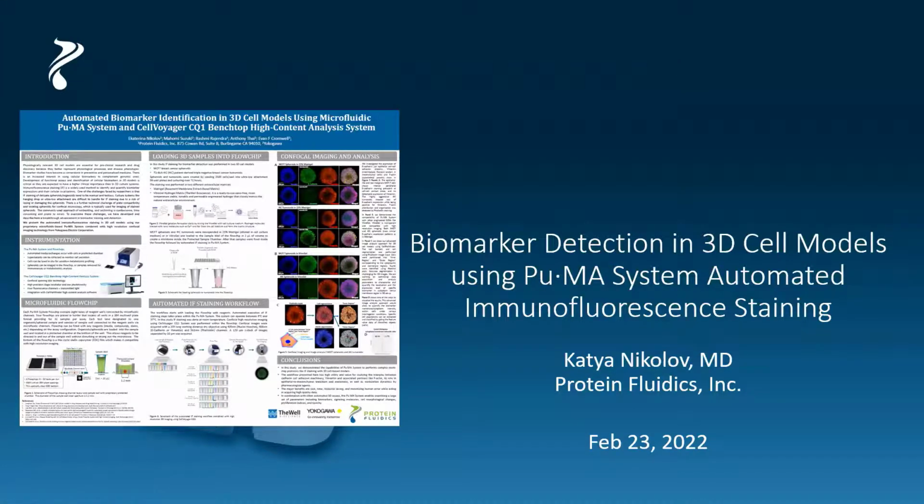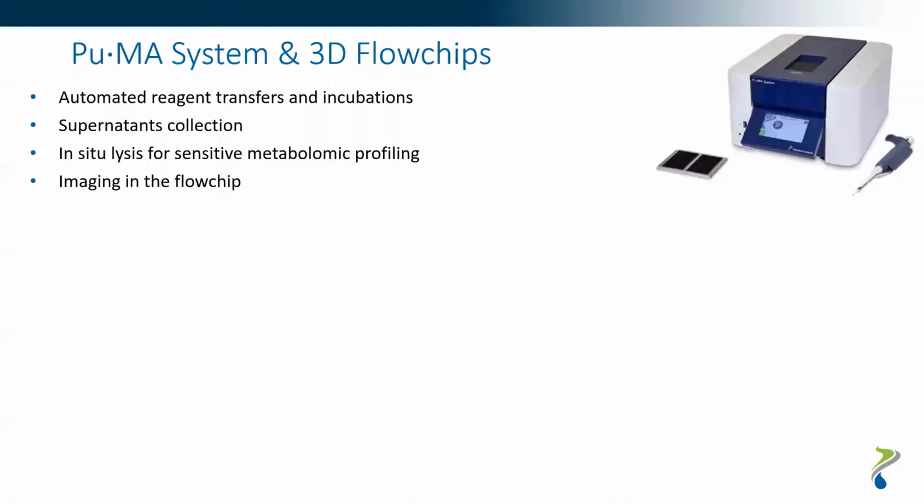Development of functional assays and identification of cellular biomarkers in 3D models is critical because they better represent physiological processes and disease phenotypes. This poster demonstrates our novel breakthrough advancement in biomarker identification in 3D cell models using a microfluidic-based automated system. Pu.MA System is a microfluidic-based system that is designed to automate assays for 3D cell-based models like organoids, tumoroids,